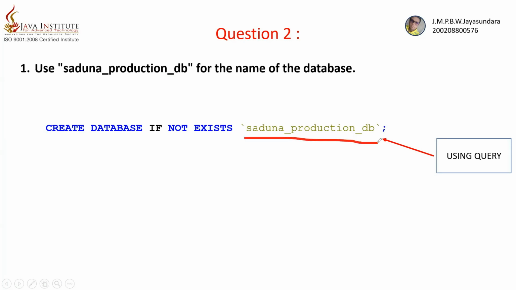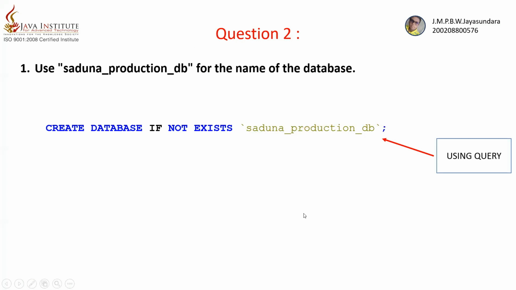This is the name of our database we are going to create. And then in here we have said if not exists. So if this database already exists in our database management system, then this database won't be created. Only if this database is not present in our database system, then this new Sandun Production DB database will be